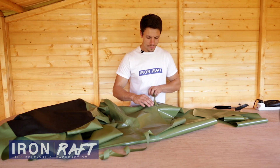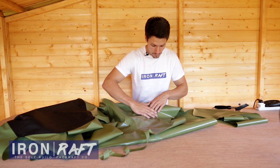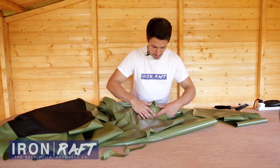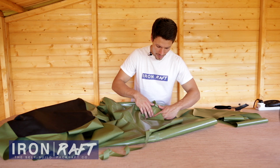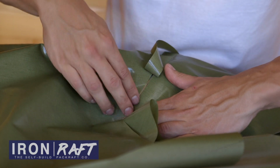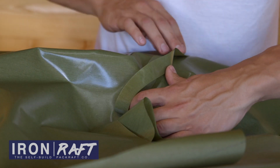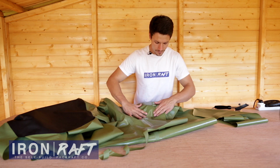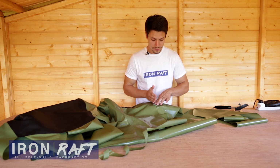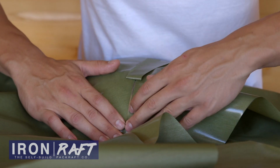Okay, so we've now got to the point where they're curving over each other, and you'll see now, if you try to do what you were doing before, to curve it round and then do that, this is just going to be a nightmare to work with, because you'll be trying to iron that, and there's just no flat surface. So the thing to do is have that straight on top, line up this one continually straight, and then line up